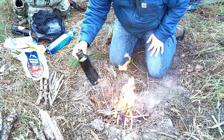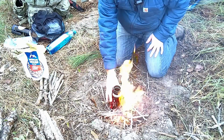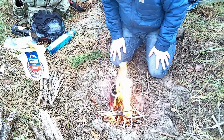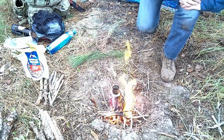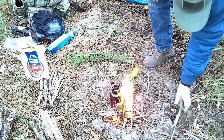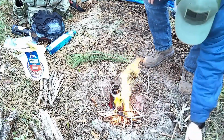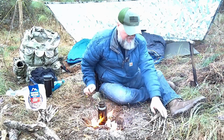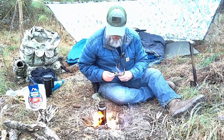This is why I like these tall ones, because you can push them right into the fire. And then from there, we're just going to let it heat up. We'll put some more fuel on it as needed, keeping it very small and just enough to cook on. As we sit here and watch this stuff slowly burn its way down,